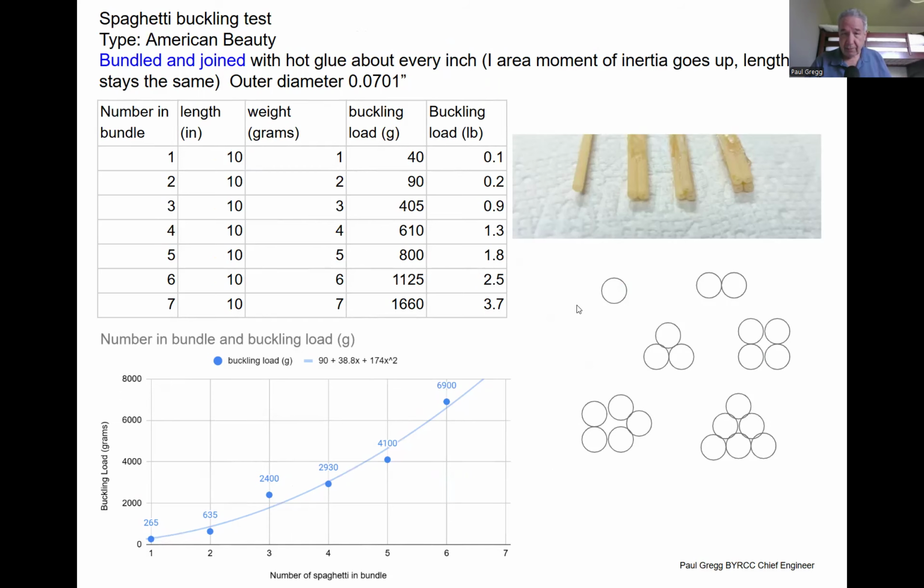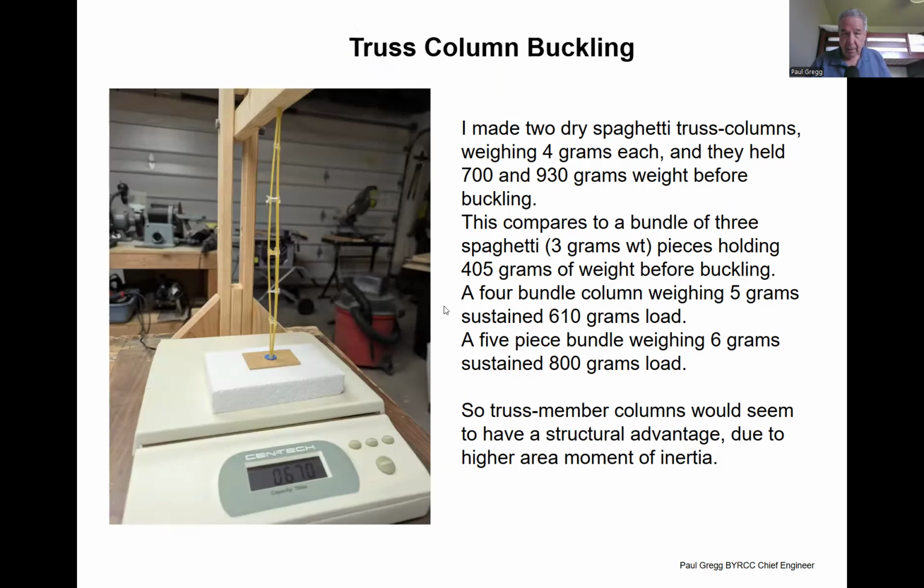So this is the three different kinds of spaghetti. Okay, and then this is the last thing I'll show today. I did make a little truss out of three pieces of spaghetti, with little pieces of spaghetti hot glued in. I think I put some strings around here because I know these strings are going to be in tension, and it doesn't matter if it's a piece of spaghetti. So I put just some tiny strings glued to each of the three, and I made two of these, and they weighed 4 grams each,